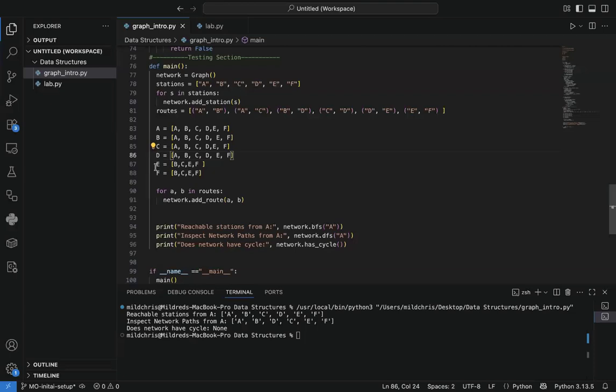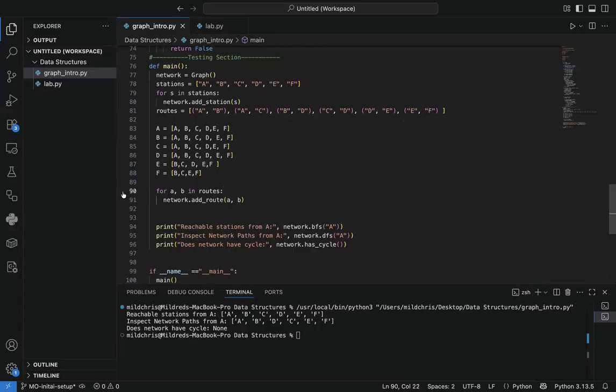Okay, and then for E, you have access to D. So from D to E, E to D. Okay, and because you have B C D E F, so when you have E here, you have access to F. When you have F here,